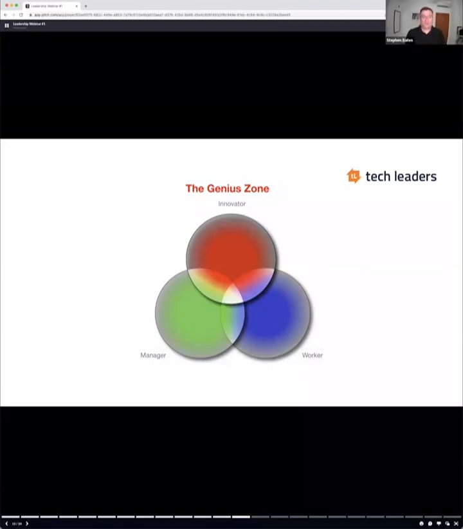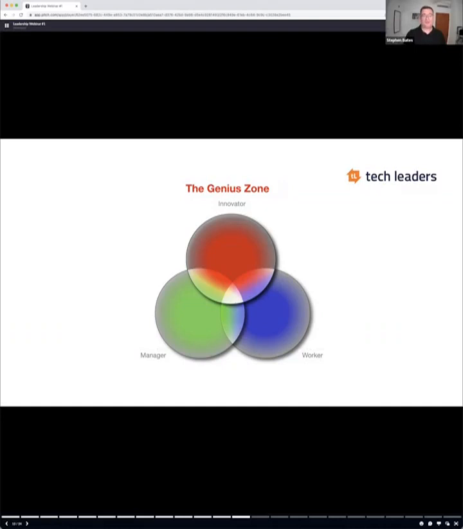And I was speaking to one of the people on one of the one-to-one calls we have with our people on the program, that they love creating new processes for running a technical project, but they do not like running those processes. So they're an innovative manager. They're in the red-green zone. But actually what they would need is to hand over to somebody else who really enjoys making sure those processes work day by day by day.